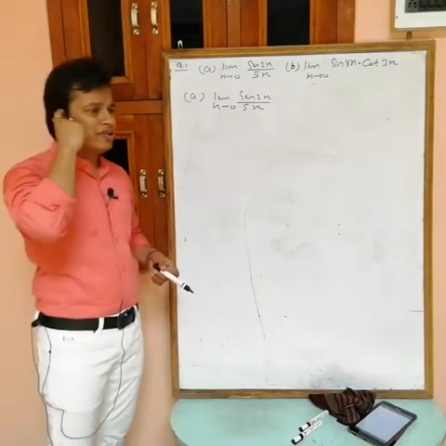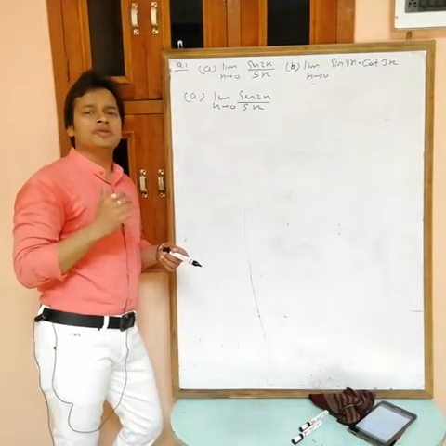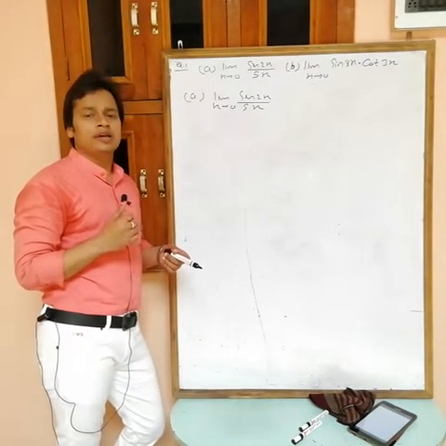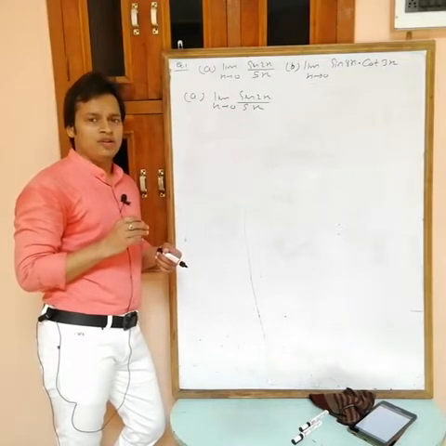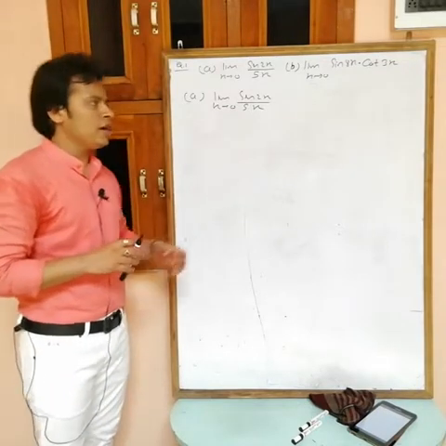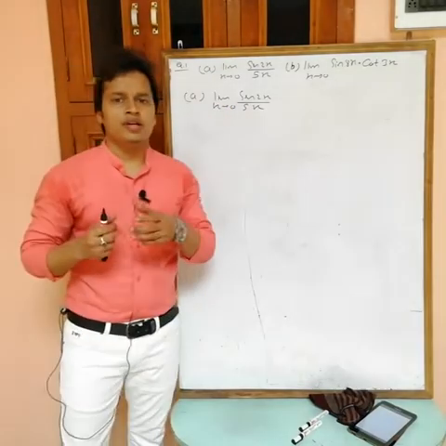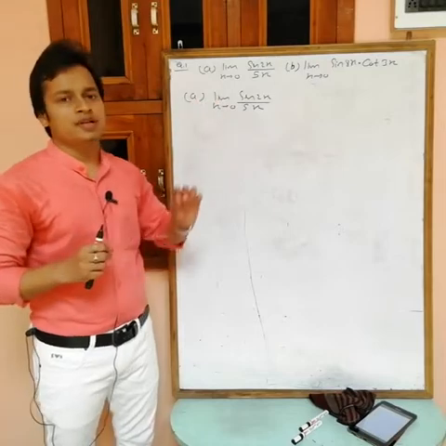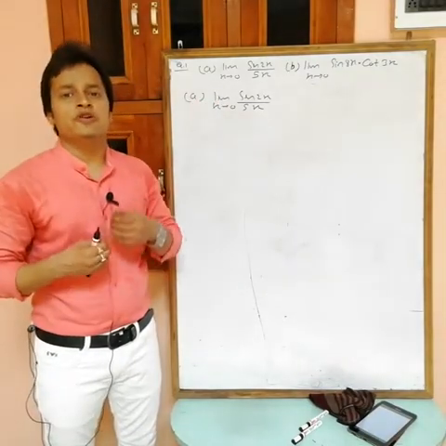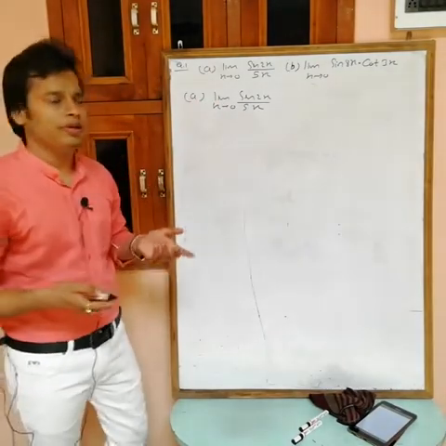Now actually we have a direct formula for sin x by x, but this is not sin x by x, this is sin 2x by 5x. So I can convert this in terms of sin x by x. What is the condition? If there is 2x in the numerator, then in the denominator also we want 2x, and this must be of sin 0 by 0 form. This is the only condition.